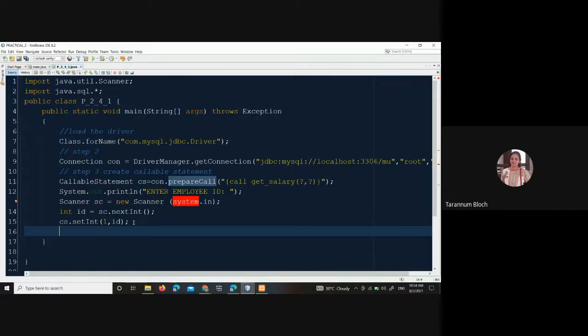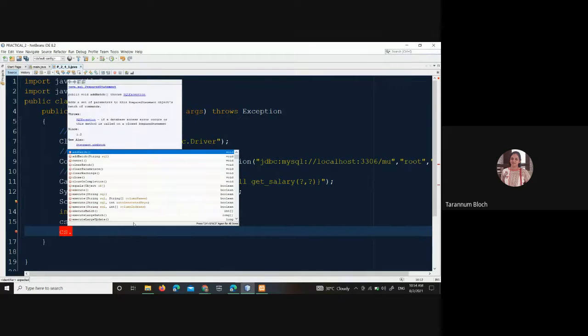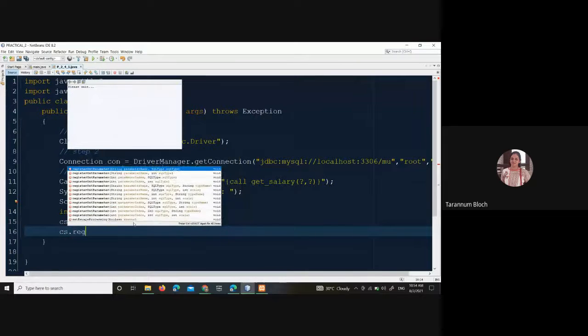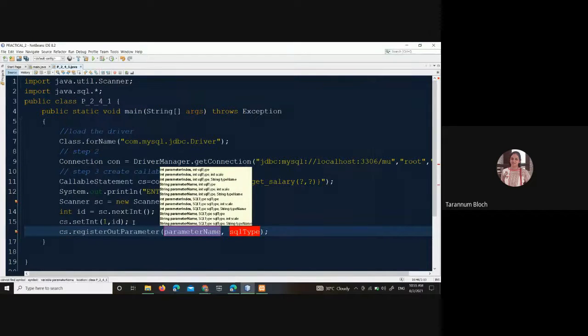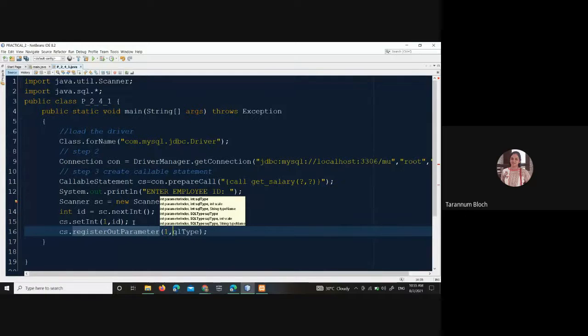Now you have to set the out variable. So we'll say CS dot registerOutParameter. For the second question mark, the out variable, we write 2 comma, because your second parameter is the out parameter. Then we have to write which SQL type you are going to set.